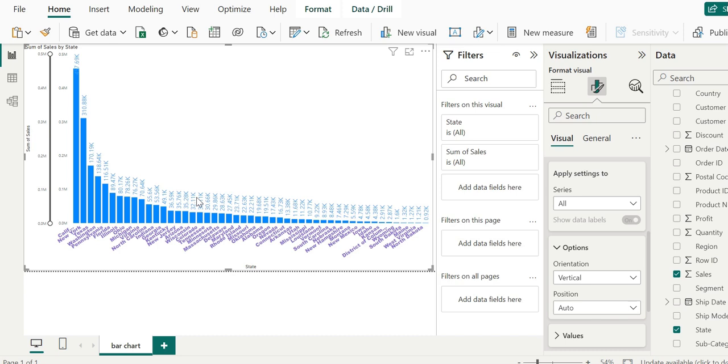So we can change it according to our requirement or feasibility. However, this does not improve the readability, so we will go back to horizontal.